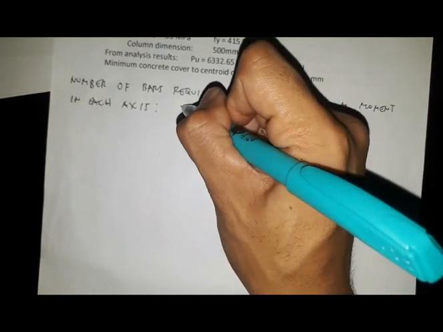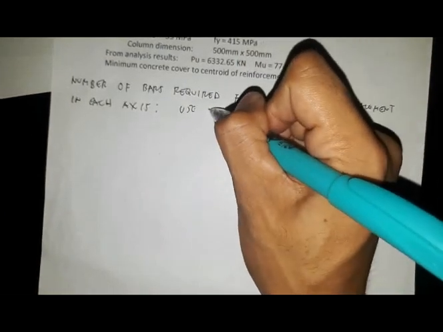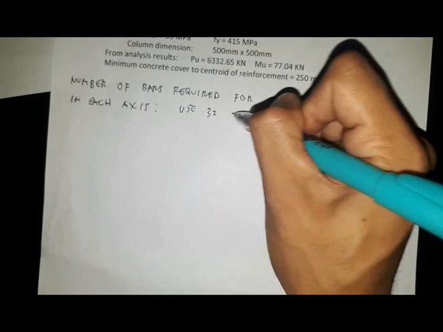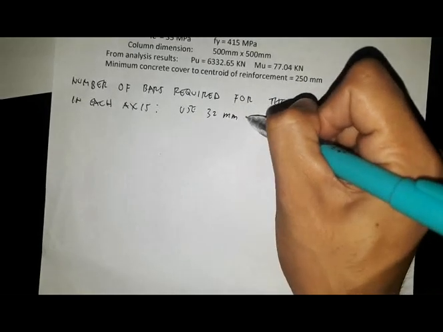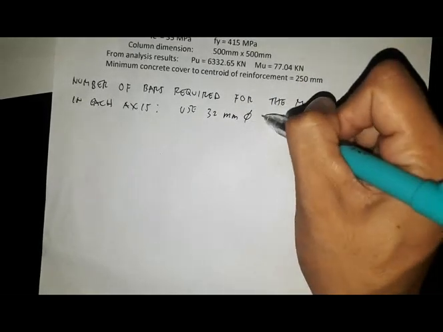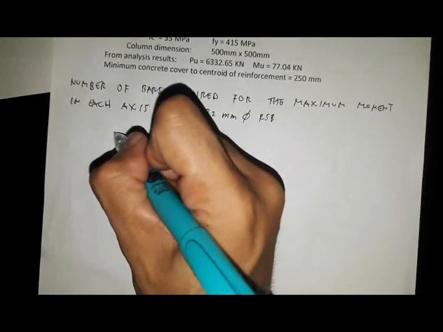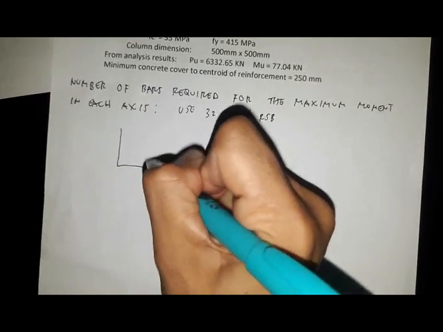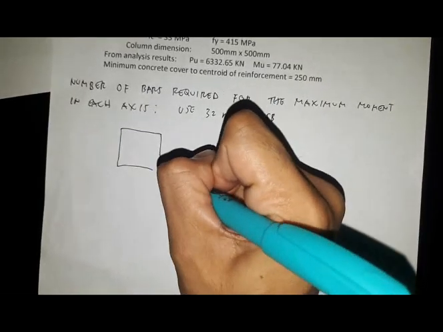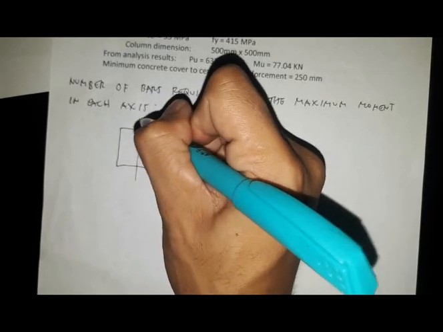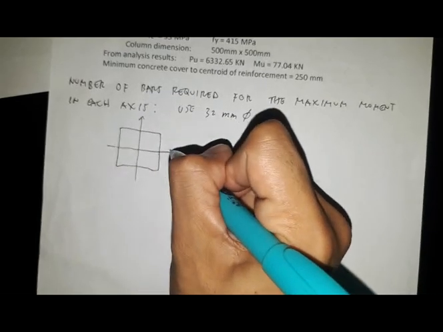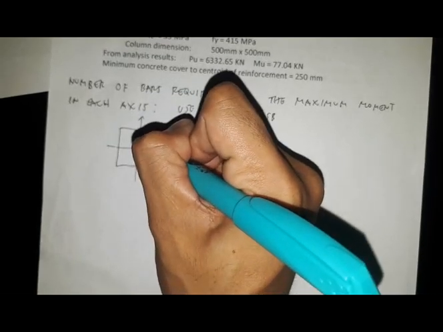So here, let's use 32 millimeter reinforcing steel bar. So knowing that we have a square pile cap,